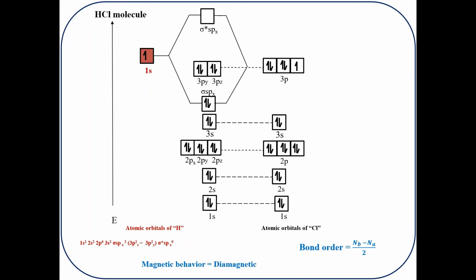So the combination of the hydrogen 1s orbital with one electron and the chlorine 3px orbital with one electron gives both bonding and anti-bonding orbitals. The 2 electrons occupy the bonding molecular orbital, leaving the anti-bonding molecular orbital empty, because there are only 2 electrons over here which can be accommodated in the bonding molecular orbital, that is sigma 3px with 2 electrons.